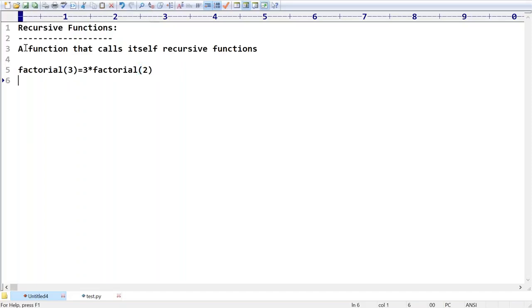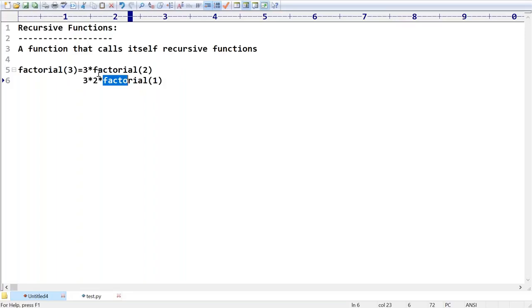Similarly, what is the factorial of 2? 2 into factorial of 1, something like that. If I keep on using factorial inside like this, the output you are going to get.